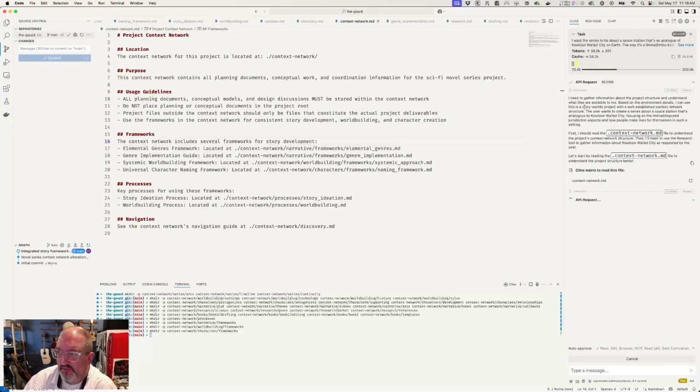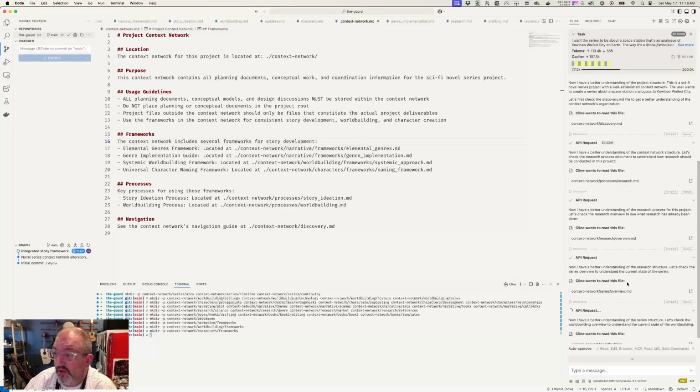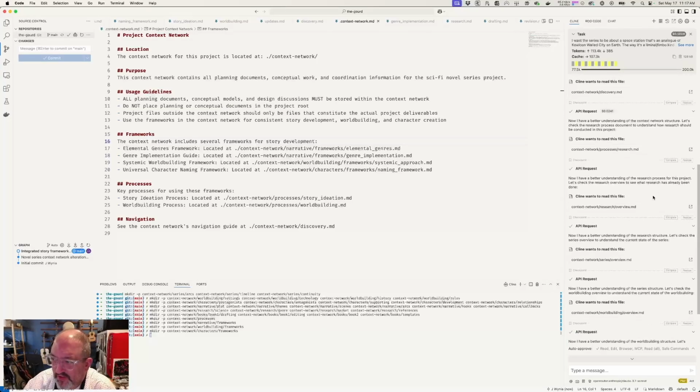Again, the first few reactions it's going to have is it bootstrapping itself into understanding what we're even talking about. And you'll note now it went to the context network, the discovery. We just watched it update that discovery. So now when it reads it again, it's got more information than it did on the last task about how that all works. Now I have a better understanding of the context network structure, better understanding of the research process,